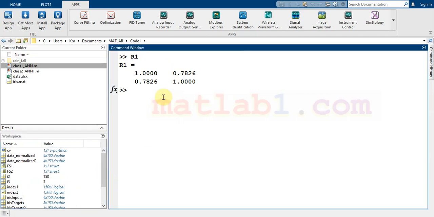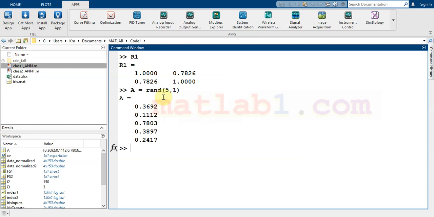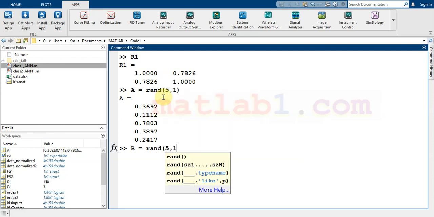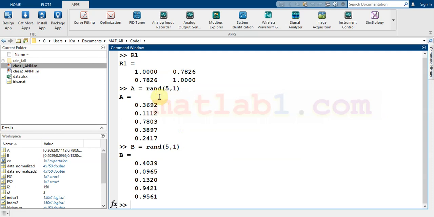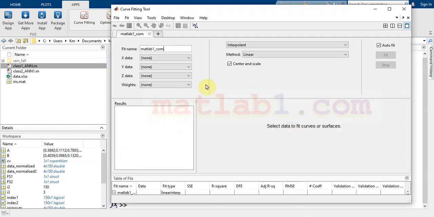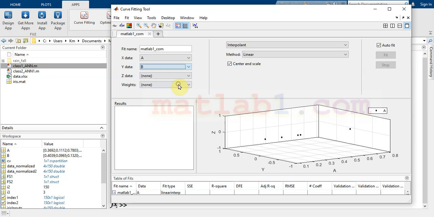Let me define some data, A and B. I just want to show you the capability of the app in MATLAB. I use A as the X data and B as the Y data,